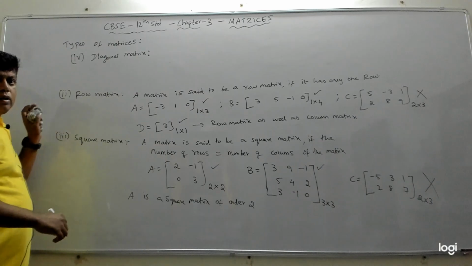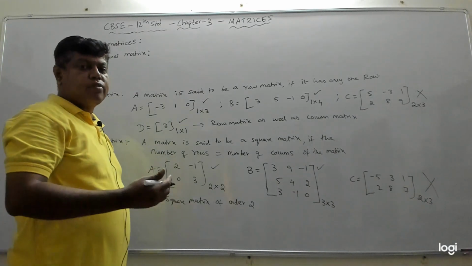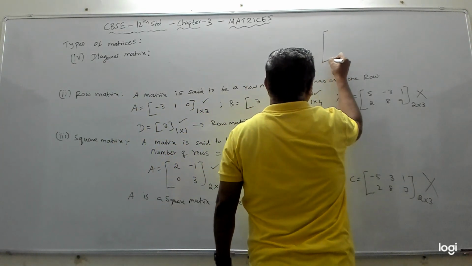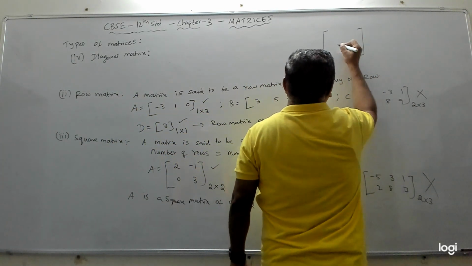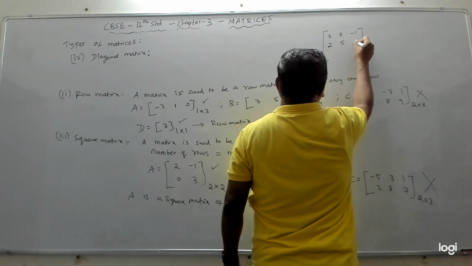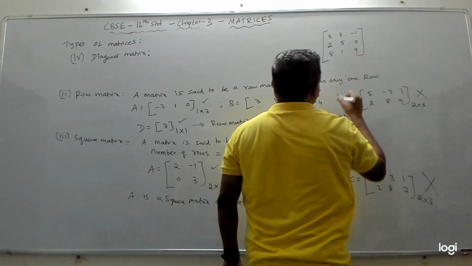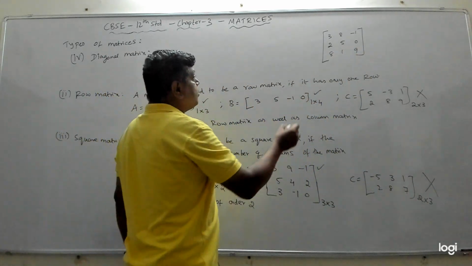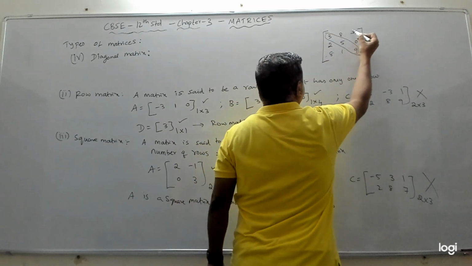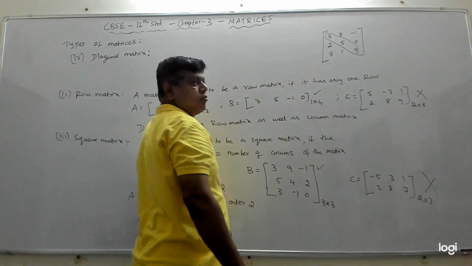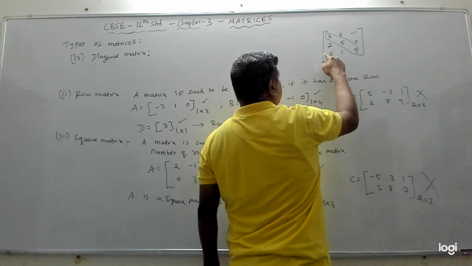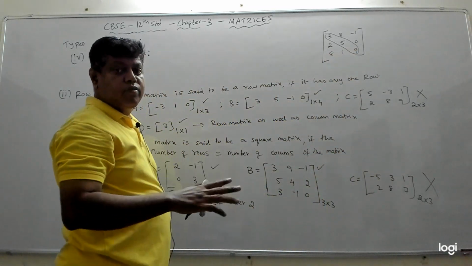Before we understand what a diagonal matrix is, we'll try to understand what diagonal elements are. Suppose you have a matrix, and that matrix should be a square matrix. Suppose I have the matrix 3, 8, -1, 2, 5, 0, 8, 1, 9. These elements are called diagonal elements. Not this, not 8, 5, -1. These are called 3, 5, 9. These are called diagonal elements, and diagonal elements are defined only for a square matrix.